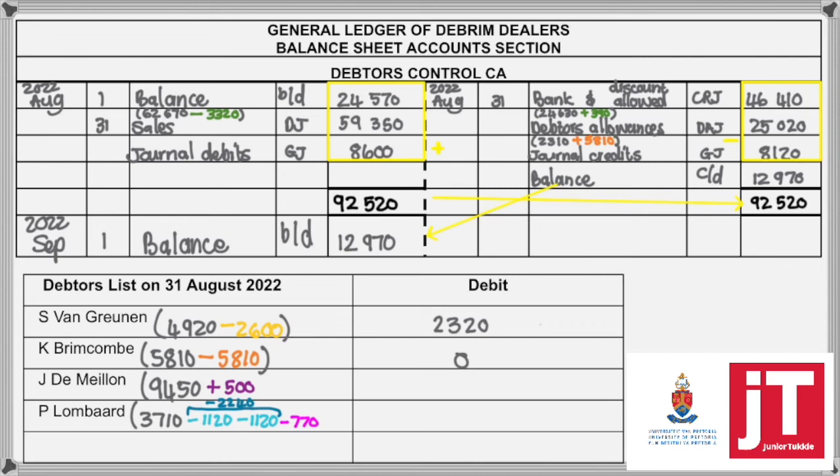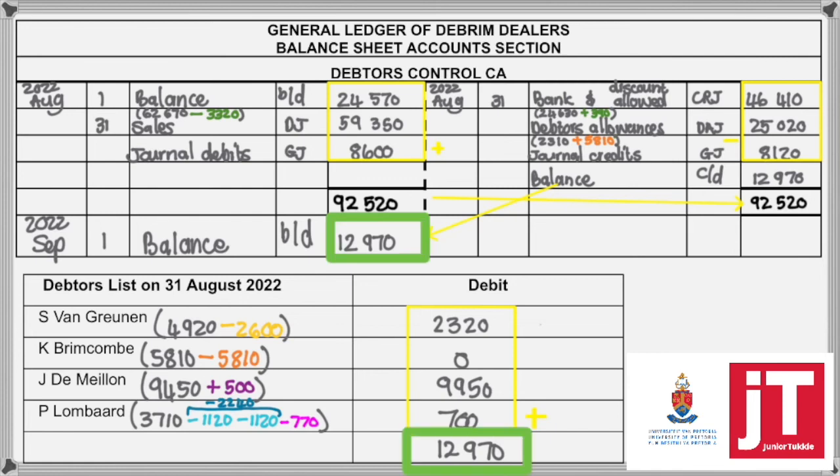Then the Mailon adding 500 Rand, so I give you 9,950. And then Lombard, you 3,710 minus the 1,120 twice, and then minus the 770 gives you a final amount of 700 Rand. And if you add up, you get a total of the debtors list at the end of August, therefore beginning of September,